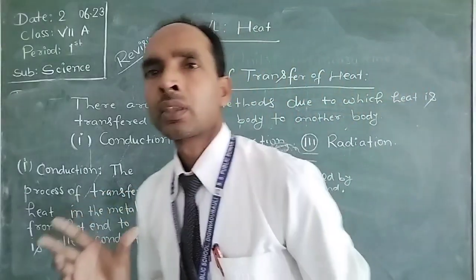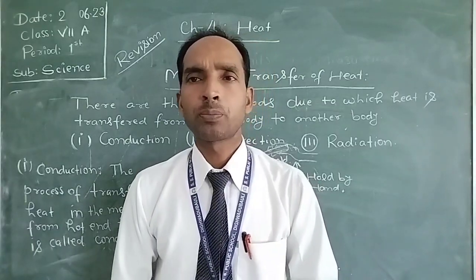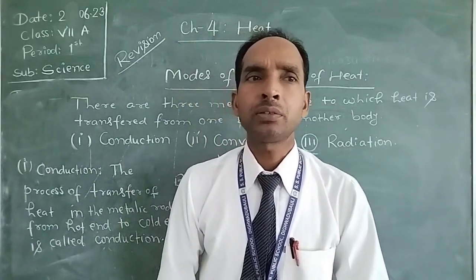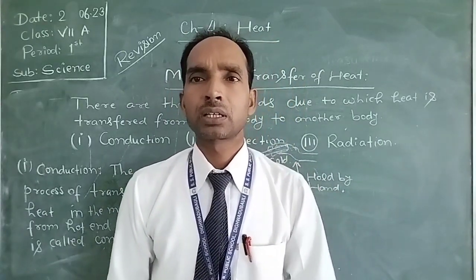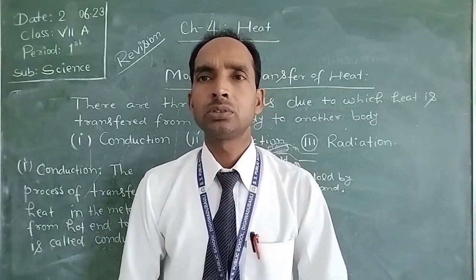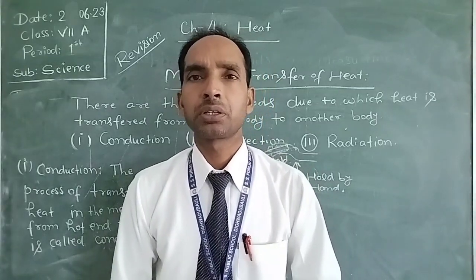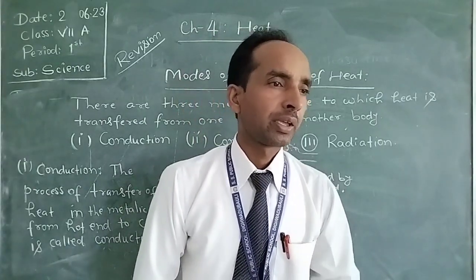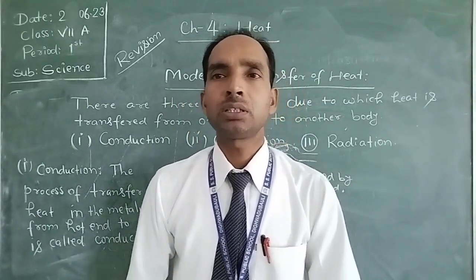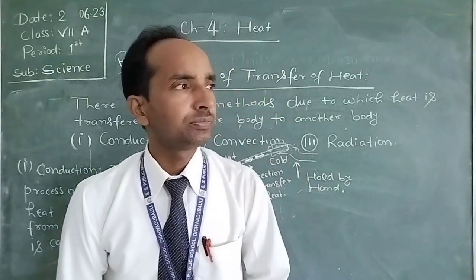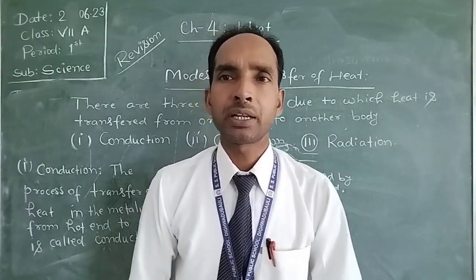As you know, there are some materials like iron rod, copper, and aluminium. When we heat these substances, they receive the heat and get hot. So these materials or substances are called good conductors of heat, while wood, air, and water are bad conductors of heat. Then how can heat transfer in a metallic rod?